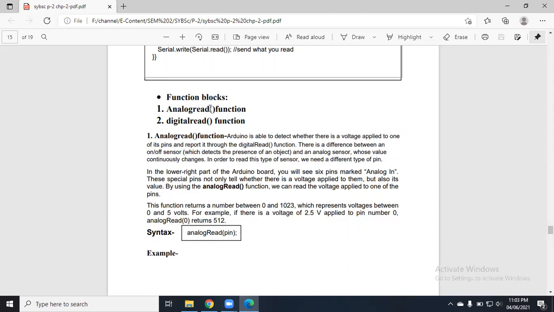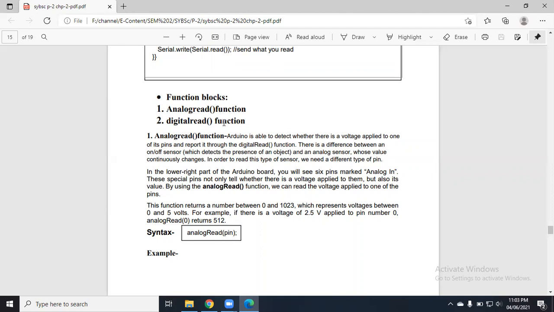And the second one is digital write. We know we can write data on a pin, correct? So what is the meaning of writing data? We can give a signal to the Arduino, and to give that signal we have to use the function digital read. So digital read means what? Analog read means we are reading the analog data from the analog pin. Digital read, we are reading the data from the digital pin. Simple, there is no other meaning of this.